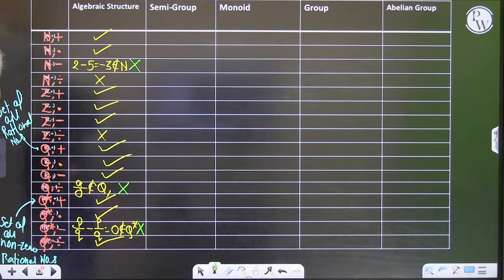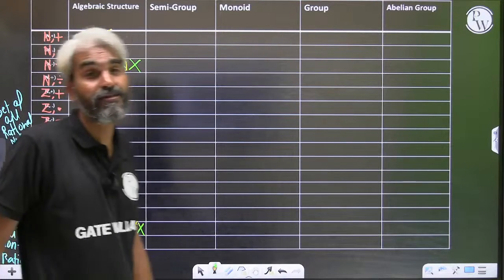Multiplication is closed. Subtraction is closed, but it is not closed with respect to division because of the presence of 0. The set of all non-zero rational numbers is closed with respect to addition, multiplication, subtraction. No, it is not closed with respect to subtraction, because p by q minus p by q will be 0, which does not belong to the set of all non-zero rational numbers. So it is not closed, but the set of all non-zero rational numbers with respect to division is